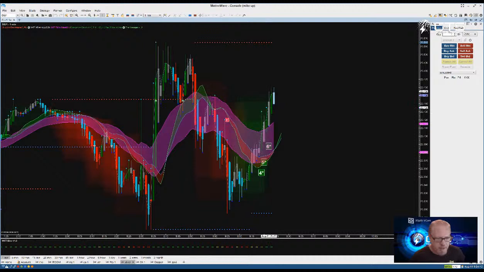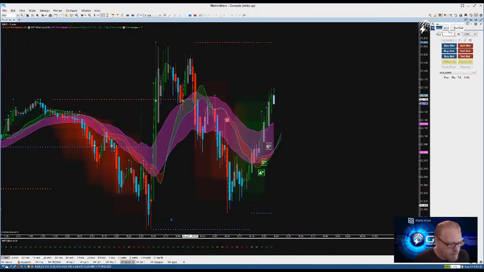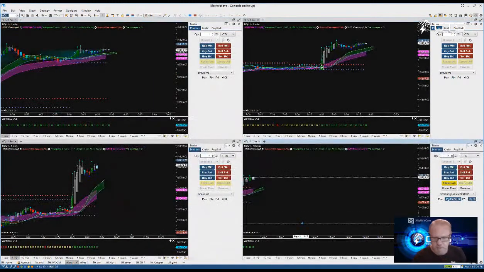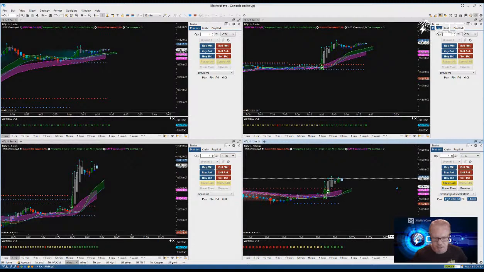Let's see where we got right there. The 23,455 is your entry, and she's sitting right there at it right now. So we're going to wait to see if she breaks this, and just go back to the NQ and check my chart here. We're still holding the NQ. Still got the money going on in there. We're still up $110 in that. So we're just holding the NQ, see what happens here.